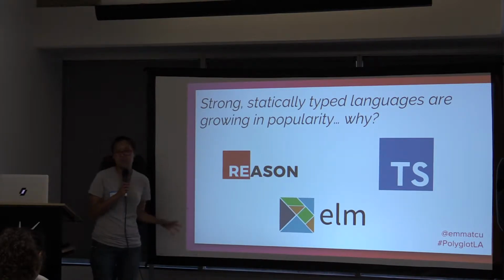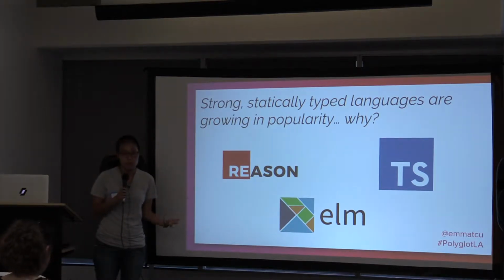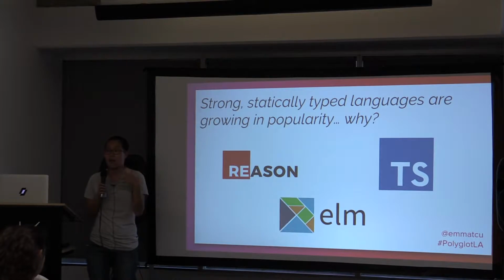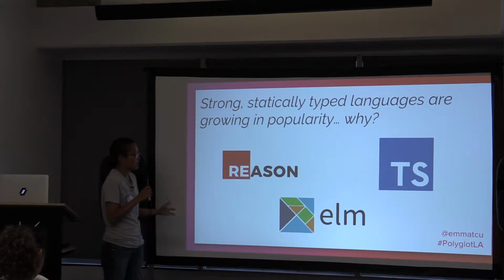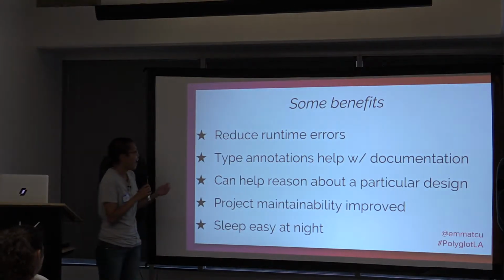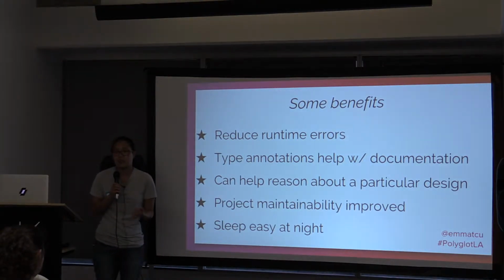But the point is, once you declare these things up front, all of a sudden your compiler is able to check every time you use that function if you're using it correctly, with validly typed input arguments. And there are lots of benefits to this. Here are some. One, a reduction in runtime errors. So if your compiler can catch a lot of these low-level validation issues, in some cases, like in Elm,